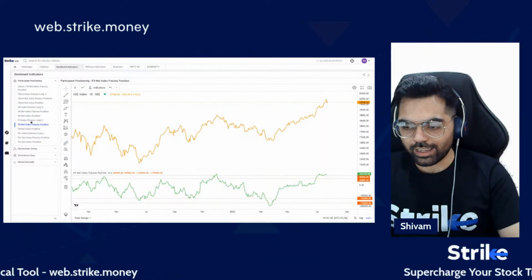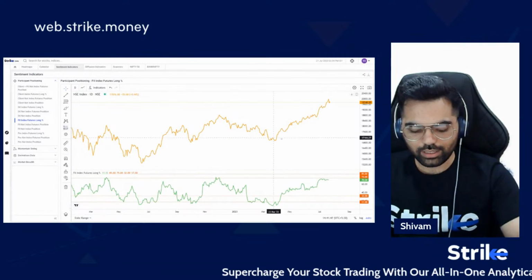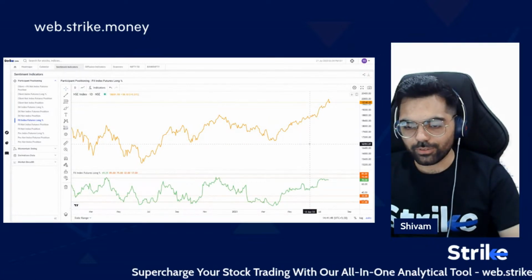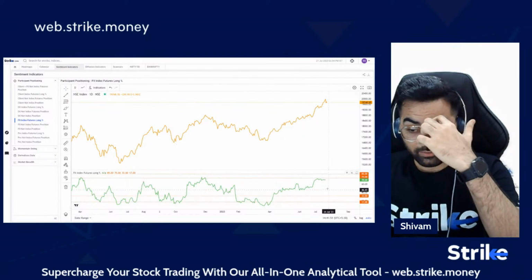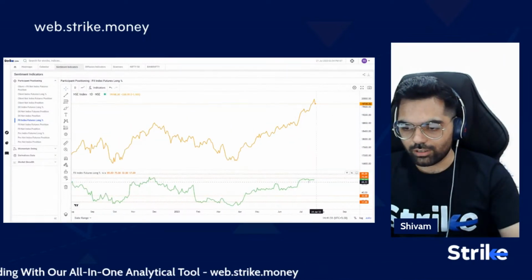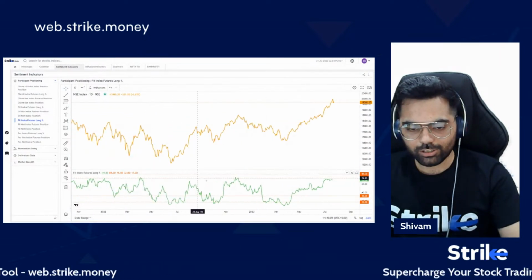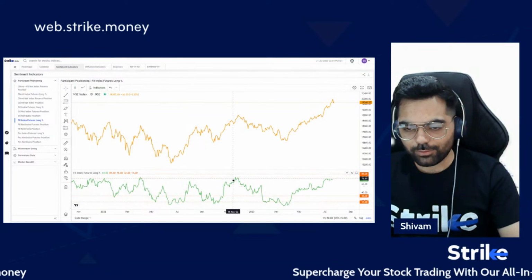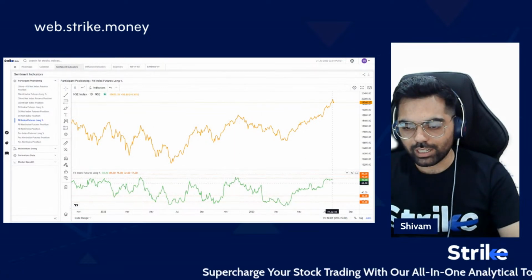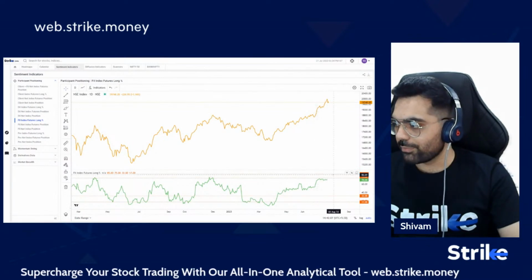But similarly, if we look at the same indicator in percentage terms, that is, the percentage of FIIs long versus short, then we are still below 70 or around 70, and we have just stopped there. Previously also, this 75 to 80 range has worked for the market as a short-term or medium-term top, but an actual price reversal is yet to be seen.